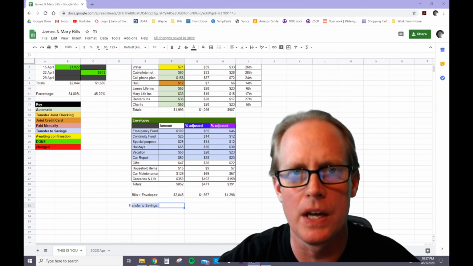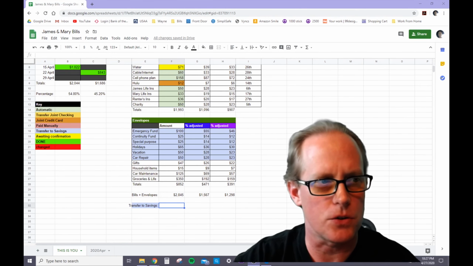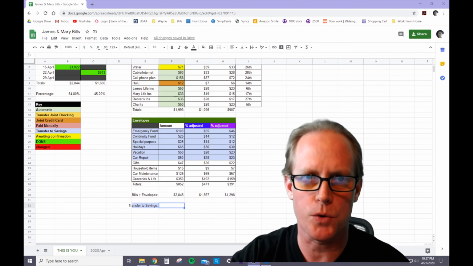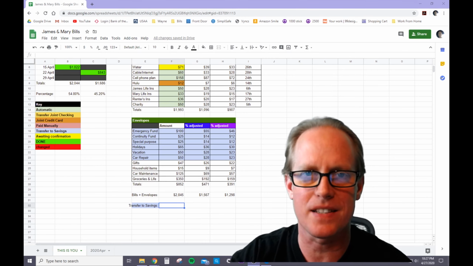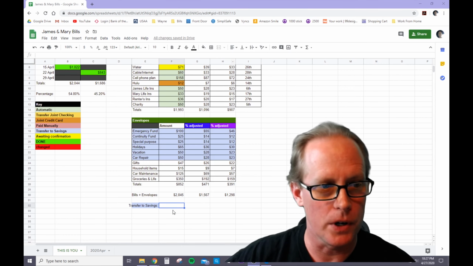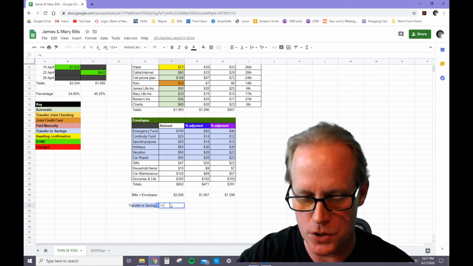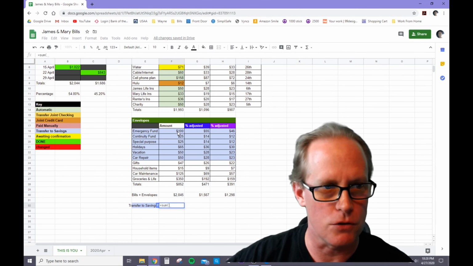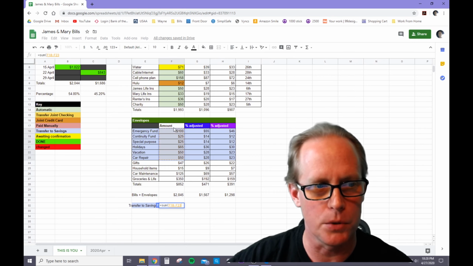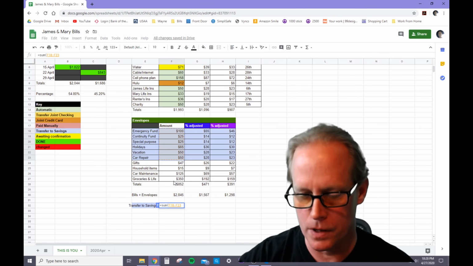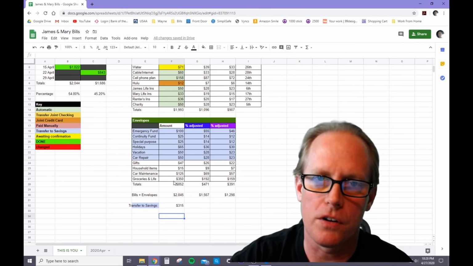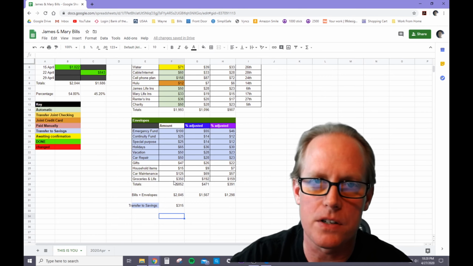The last thing we want to know is how much is being transferred into the savings account. So after we've all been paid over the course of the month, what we want to do is figure out how much from our joint checking account needs to be transferred into our joint savings account. In order to do that, we need to add up everything that we said was in the blue. So what we're going to do again is create this formula, equals sum, open parentheses, and then just drag over everything that's in the blue right here, and stop when you get to this one. Then we close parentheses and hit enter. So James and Mary are saving $315 in savings every month.